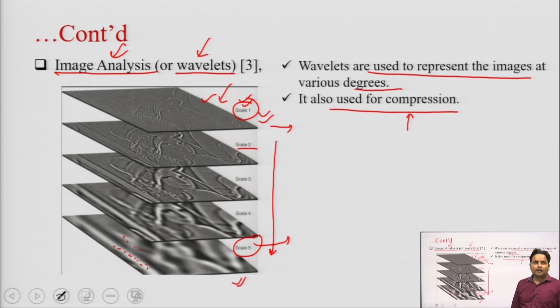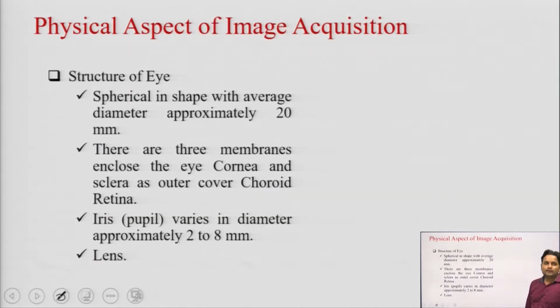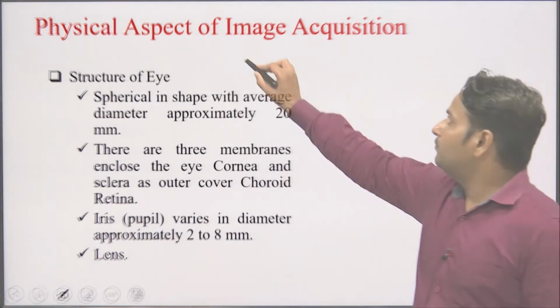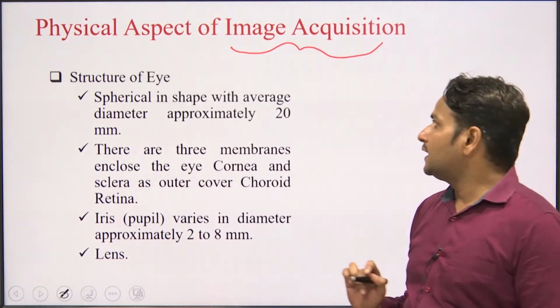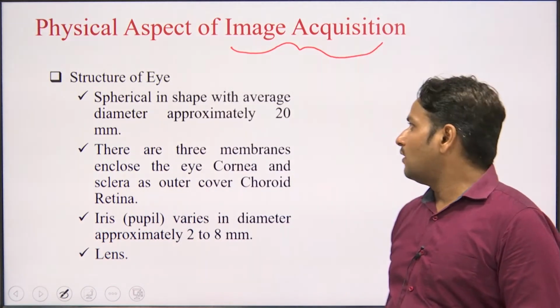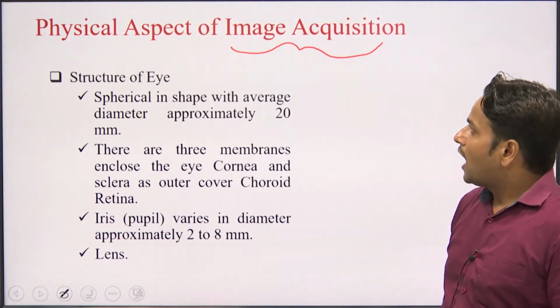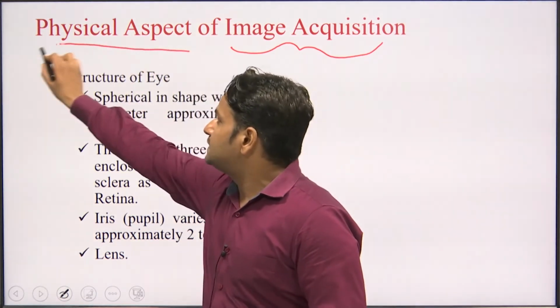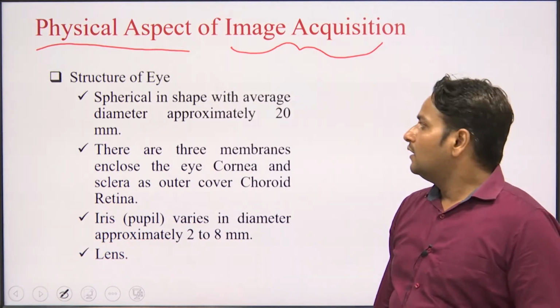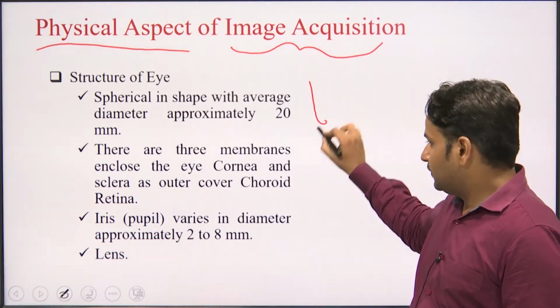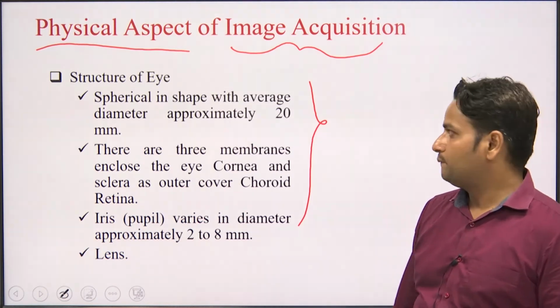Okay. Now, the steps of digital image processing we have completed here, and after that, how we can do image acquisition using the fundamental steps of digital image processing, and what the physical aspect is related to this capture of image, that thing we are going to talk about here. Now, see,